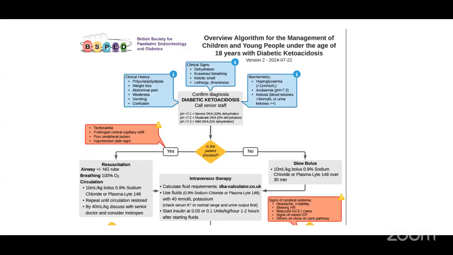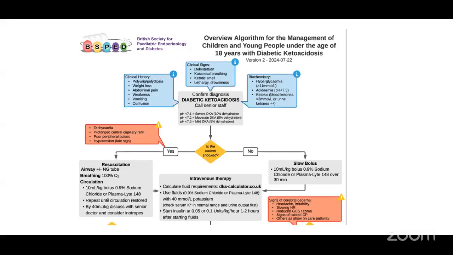Okay, fine. Bolus doses have been given with 10 ml per kg bolus. You keep repeating it 4 times or until the circulation is restored. After 4 boluses, if the circulation has not been restored, you go for fluid requirements. You calculate the fluid requirement, and according to that, fluid resuscitation is done. Okay, how do you calculate this? According to